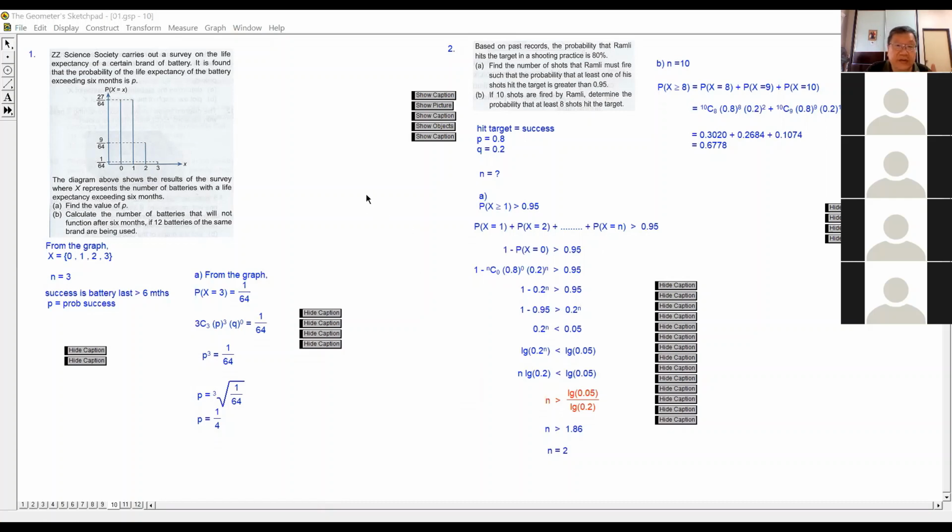Then we move on to the last section of this chapter. But the last section is not so difficult. The most difficult is this question. Find the number